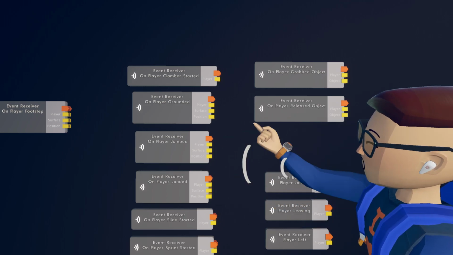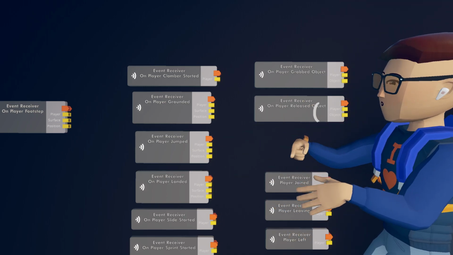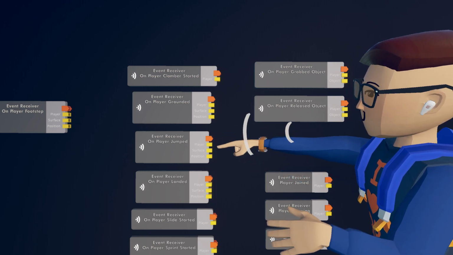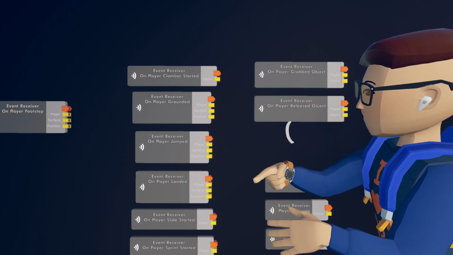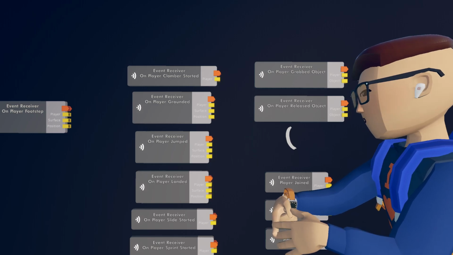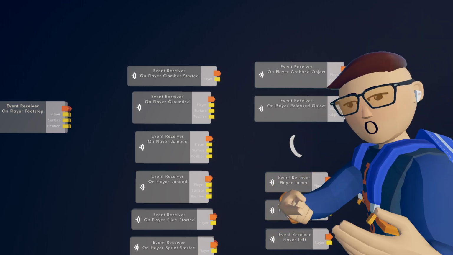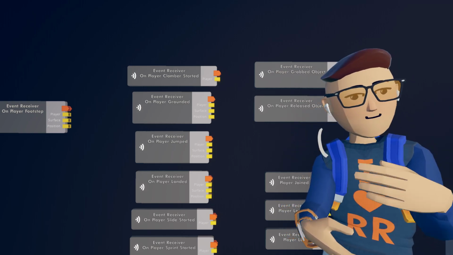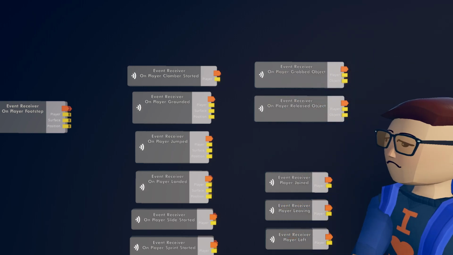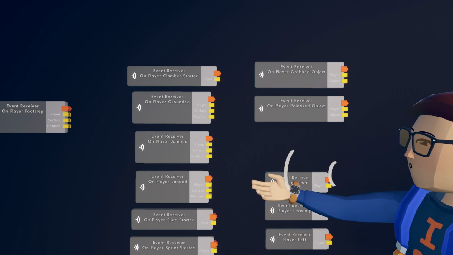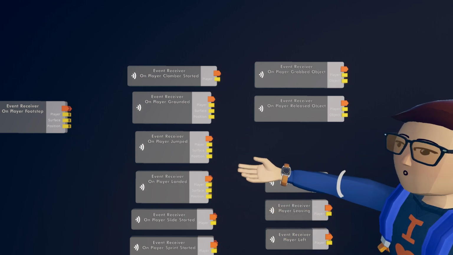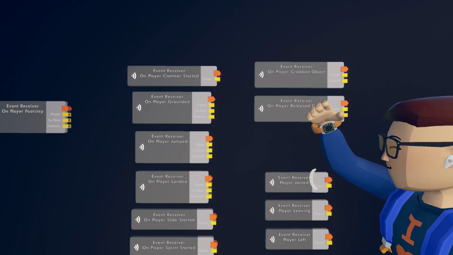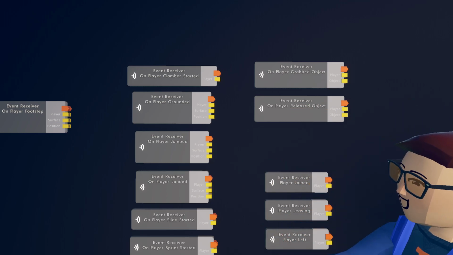Moving on, there's on player jumped. This is very similar to player grounded. It has that exec, the player port, surface, and position. I actually haven't used this, so I'm not exactly sure what surface is, but I'm assuming it's the surface that they were standing on when they jumped. So like the surface they're jumping off of. On player landed, that's pretty much just the opposite of jumping. First they jump, that one runs, and then they land, and it runs player landed.